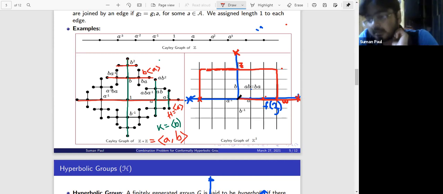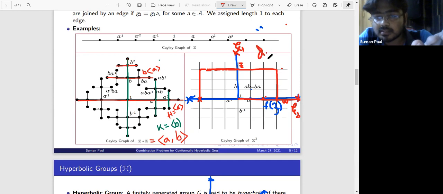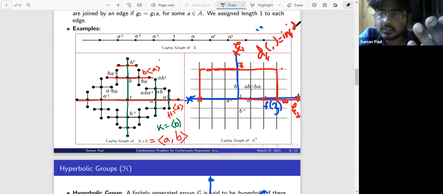Right. So now the distance between these two boundary points is defined to be the infimum of the distance between points from those two geodesic rays. So basically, call this xi1 and this xi2, then the Floyd distance between these 2 boundary points is defined to be the infimum of the distance between z and w.